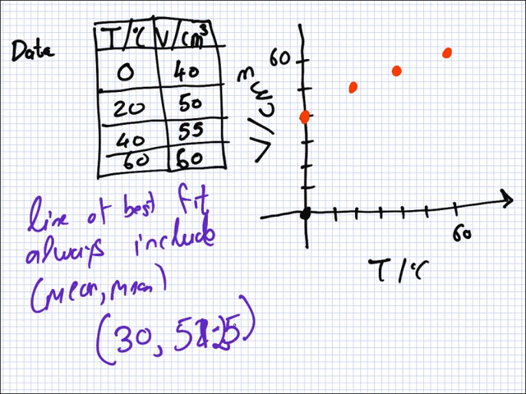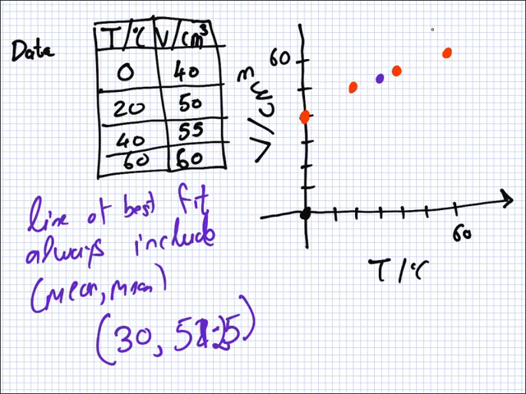Now, let's plot that. 10, 20, 30, and 51.25 would be about here. Whatever line you draw, you absolutely must include this point. Now, there's actually a mathematical reason for it, but we won't go into that. We'll just say that you're always guaranteed that the mean is on the line of best fit. Okay, so we need to think about what line should I draw? Which way should I draw it? Well,